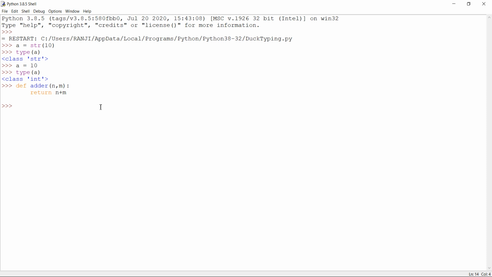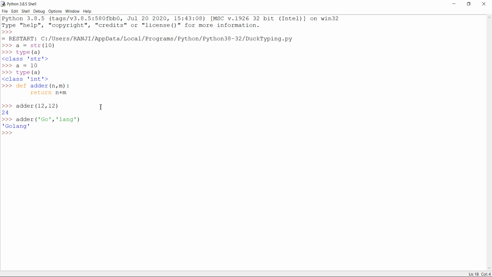It is as simple as that. Now to this adder function I'm doing the function call. First I'm passing 12 and 12. It will give you 24, right? Then I call adder again and I pass two strings like this.